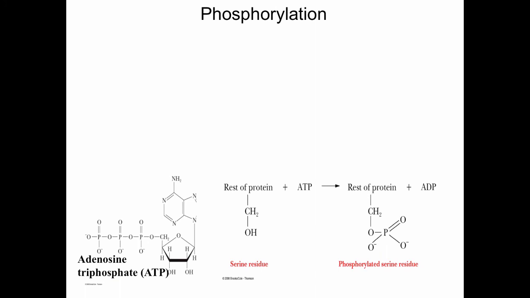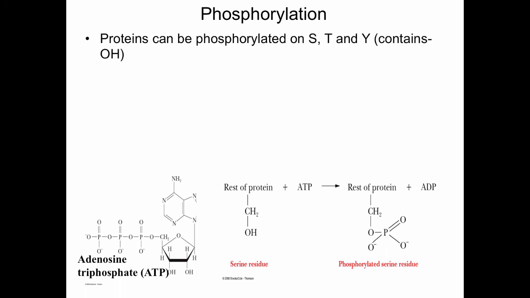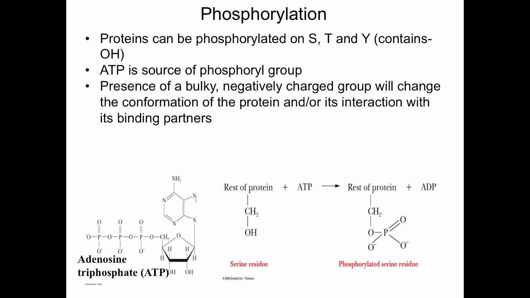Phosphorylation is another type of post-translational modification. Proteins can be phosphorylated on amino acid residues that contain hydroxyl groups, such as serines, threonines, and tyrosines. And ATP is the source of a phosphoryl group. ATP is reacted with a protein that contains a hydroxyl group, and then this results in a phosphorylated protein and ADP. That presence of a bulky negatively charged group can change the conformation of a protein and its interaction with